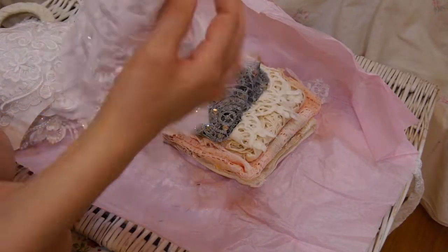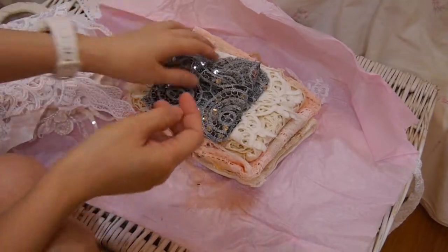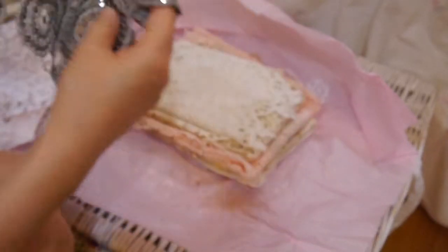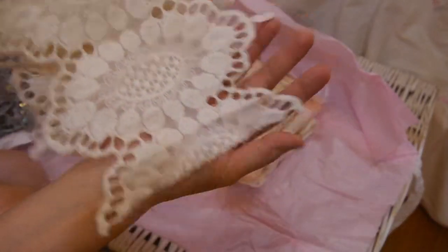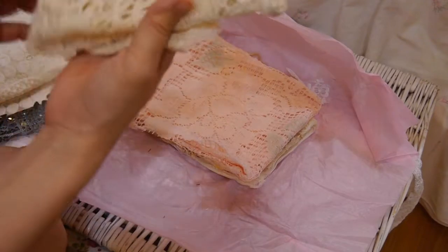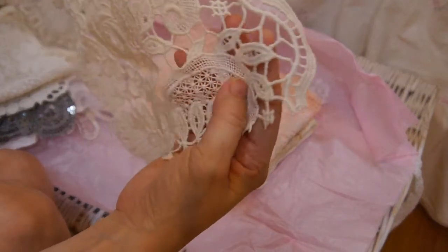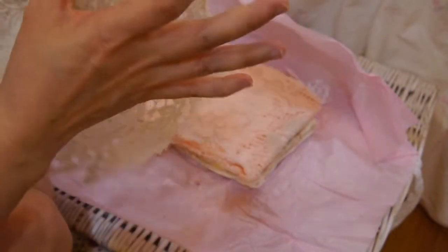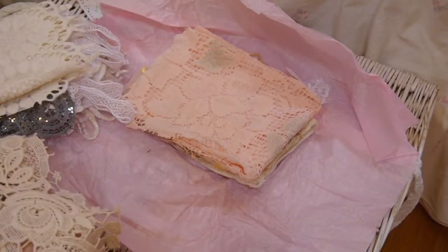And these big pieces here, you can use to make a fabric book, and some sequins, gray color. And these big pieces here are like a table runner, big pieces. You can see how many pieces I can cut out from this fabric. 1, 2, 3, 4, 5, 6, 7. You have 7 pieces of these you can cut and use in your fabric book. And this is the pink one,